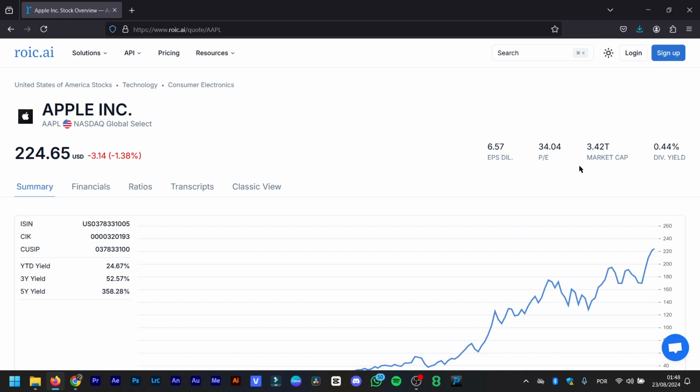Today I brought you a website called Roark AI, which is a website to analyze a company's fundamentals and everything. So basically we're going to learn how to use accounting principles to analyze stocks like a pro, okay? Or at least like an above-average person, or at least know what you're doing a little bit. Understanding the financial health of a company through its accounting data is going to give you a significant edge in the market, okay? Or at least help you a little bit, helping you make more informed and strategic investment decisions